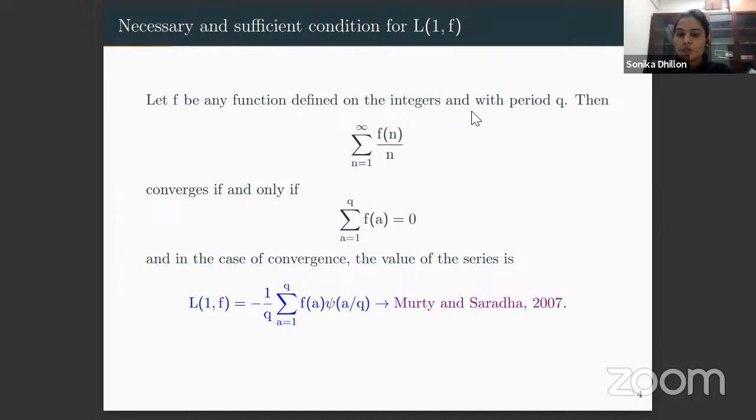So far we know there is something called linear independence of numbers. Now we have got some numbers which are psi of a by q. If we know the linear independence of psi of a by q over some specific field, then we can talk about the vanishing or non-vanishing of L1f. So basically we can see that there is a one-one kind of relation between the non-vanishing of this L function and the linear independence of these digamma values over some specific number fields. These f(a) belong to those number fields that we'll see later.